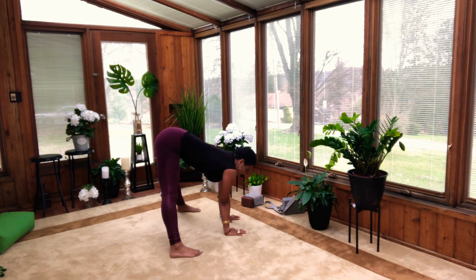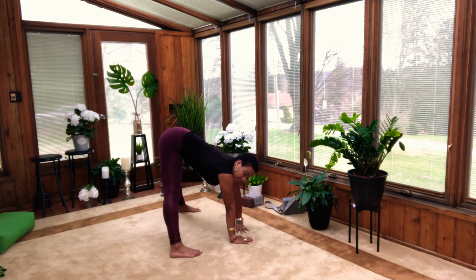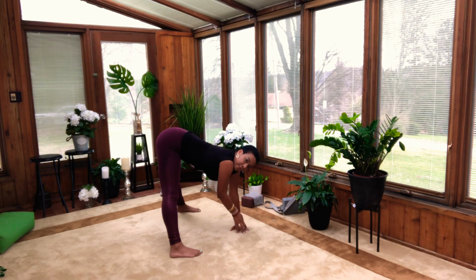So to start, you can start by just bringing your left palm over to where your right palm was. Palms are going to face to the side. The fingertips are going to face to the right side of your mat. And then maybe you just stay here. Maybe that feels good for you today. If you would like more,